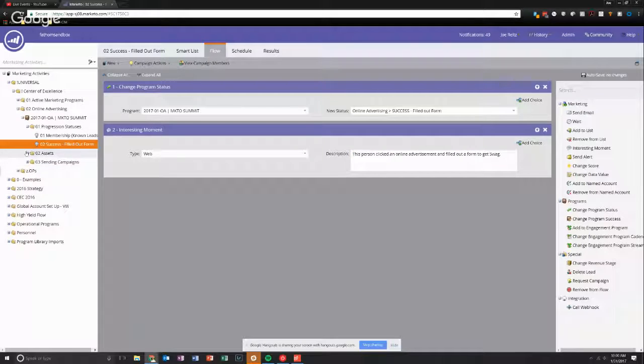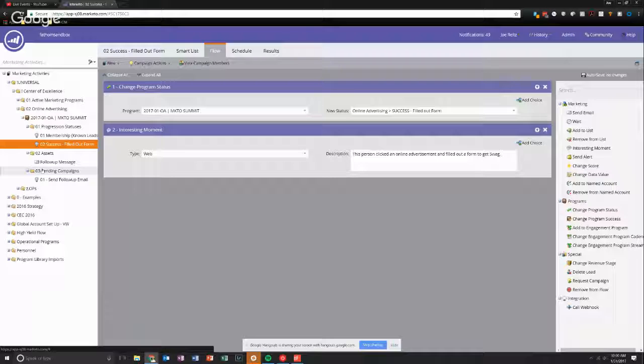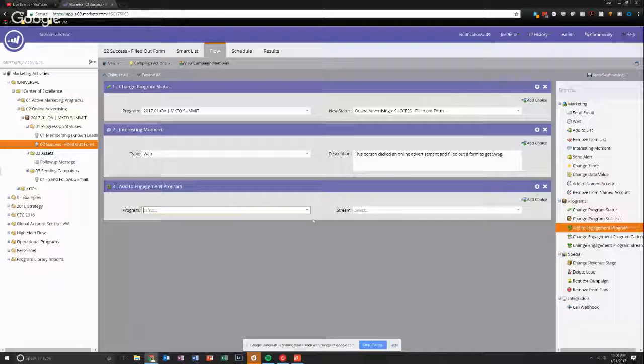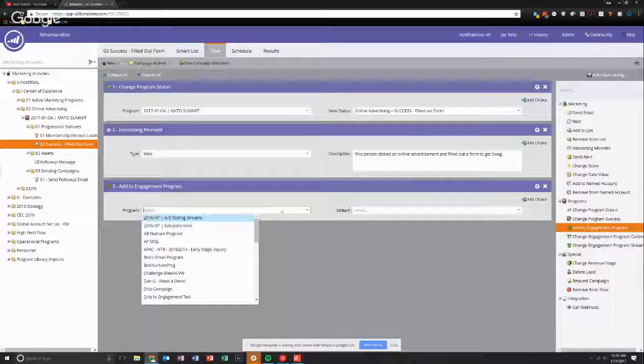And then I don't have anything built out in these asset and sending campaigns folders. But what I want to highlight here is, if you have success in the campaign or in the program, maybe there's a follow-up message you want to do, or maybe there's something even outside this program you want to do. Maybe something I would have done in a past life, and this will depend on your strategy, is if they filled out the form and say there's some hidden fields in the form or another field in the form for interest area or industry or something like that. Something cool you could do here, and that I would encourage, is add them to an engagement program that you may have set up throughout your instance that would be relevant to